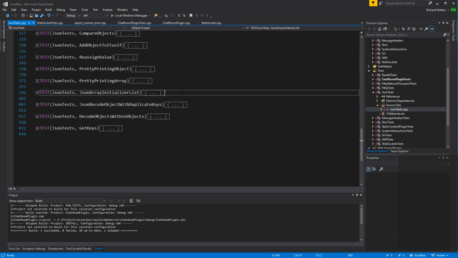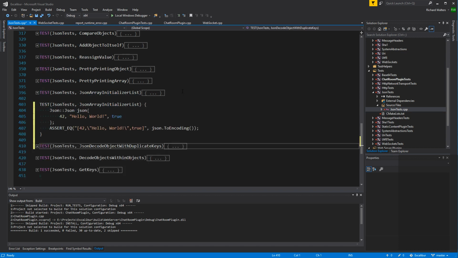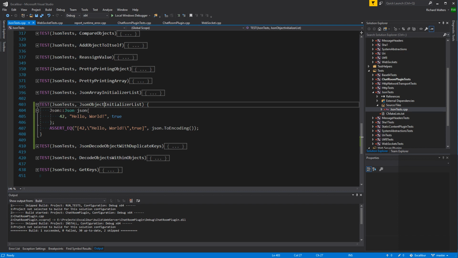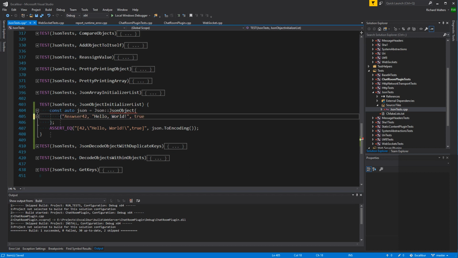So we have array initializer list. Let's make one called object initializer list. And here we will say const auto JSON equals JSON object. The answer is 42.